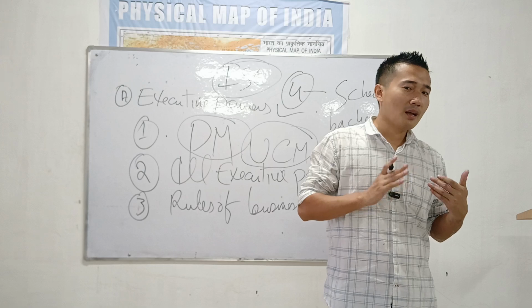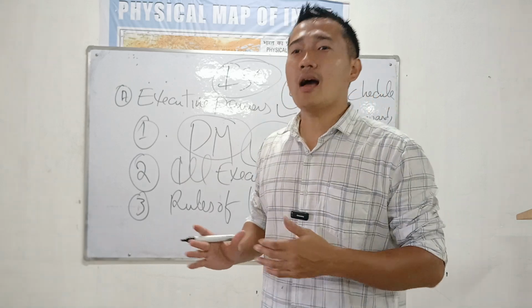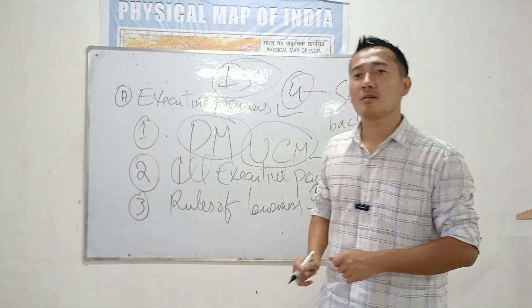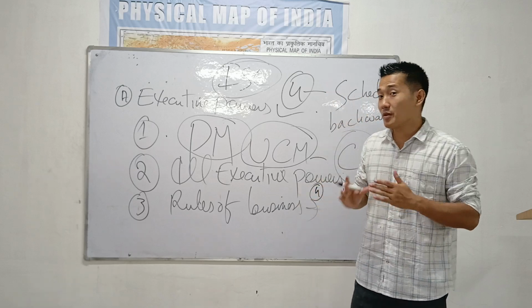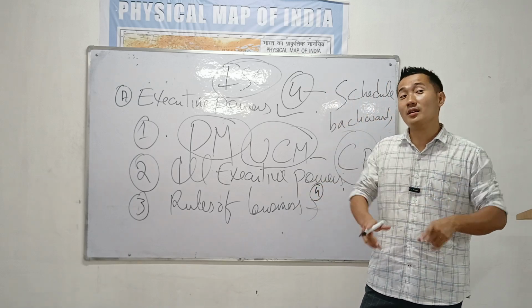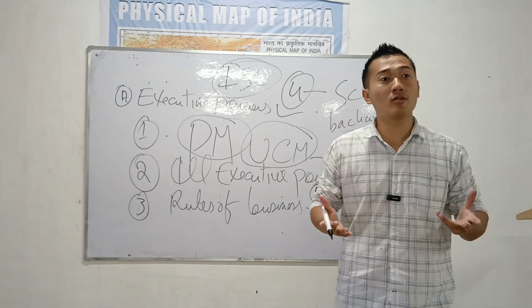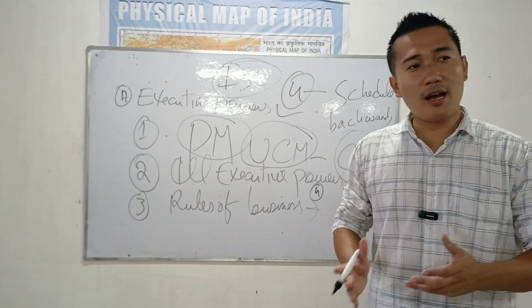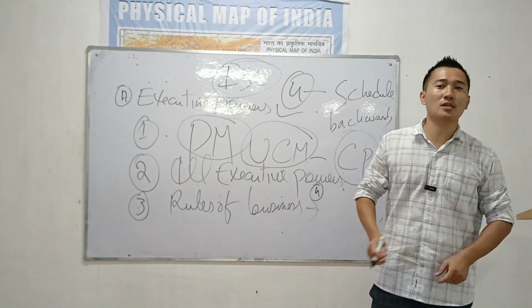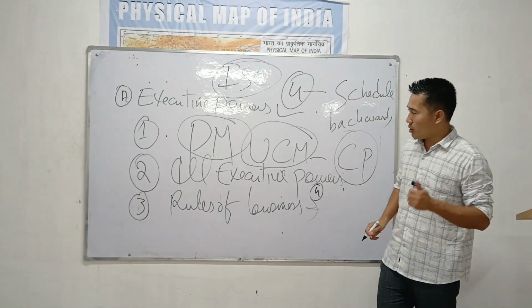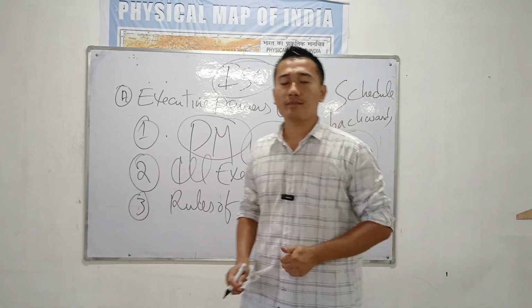That's why you see, when the Prime Minister comes, there are so many advisors. There will be at least 10 to 15 IAS officers coming with the Prime Minister, because he must keep the report to the President anytime regarding the administration of the country. That means the law and order, how the country is working. So it's one of the most powerful powers of the President of India.